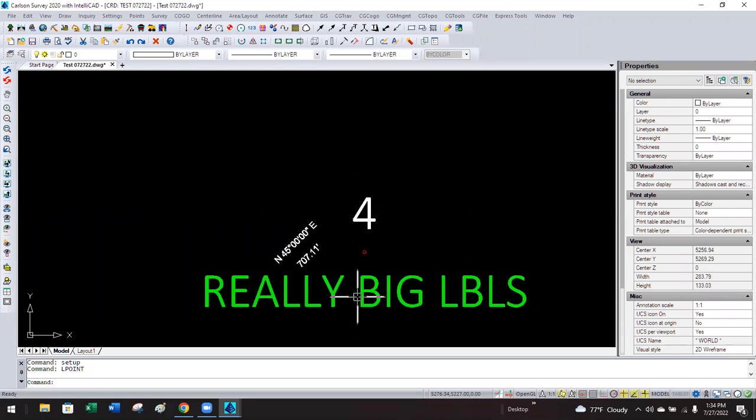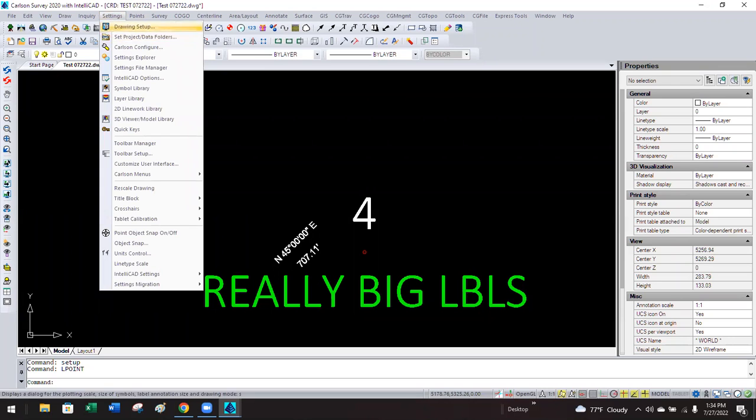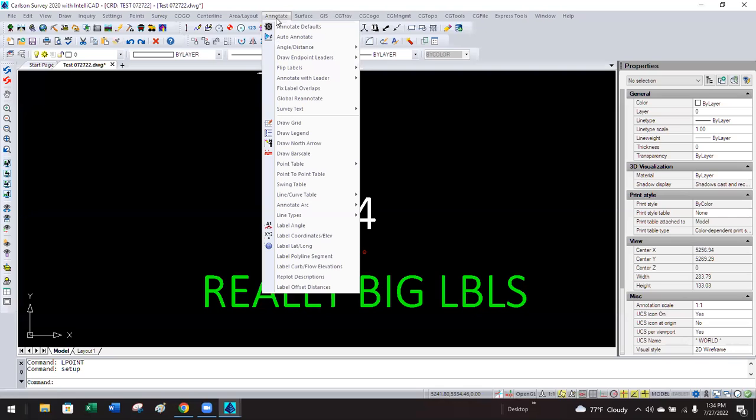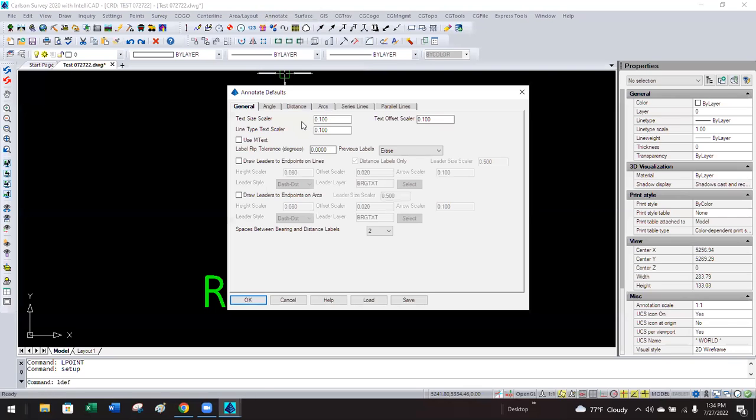And now this particular one, the draw locate points, actually has a link back to this, and it changes this for you. The other commands, these annotation commands, don't do that. But any of those commands will read this number and create the text at that size, at the scale you are using, okay? So now,